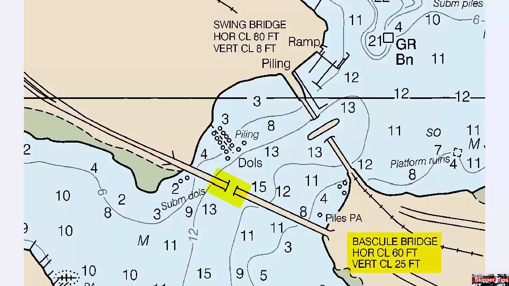Call the bridge tender on your radio or use an air horn or similar device to signal the bridge tender to request opening. To the north, you can see a swing bridge. This swing bridge has a center span that pivots perpendicular to the span to allow one-way traffic on each side. This swing bridge has a horizontal clearance of 80 feet and a vertical clearance of just 8 feet. Call the bridge tender on your radio or use an air horn or similar device to signal the bridge tender